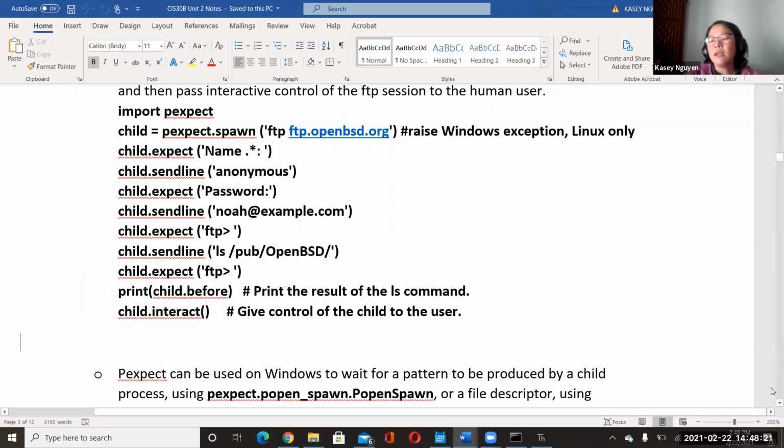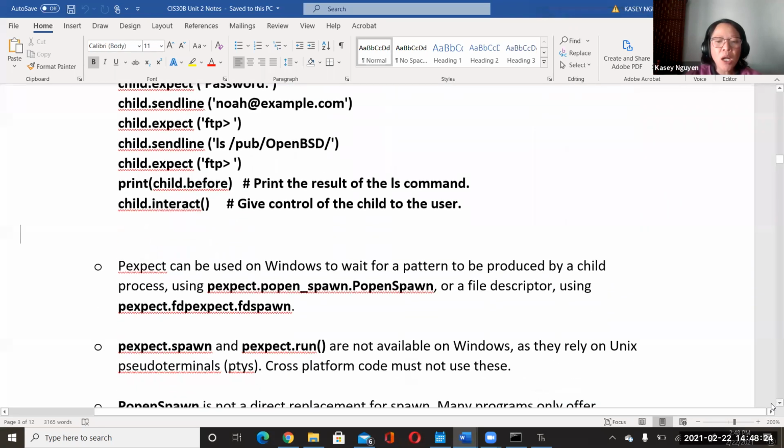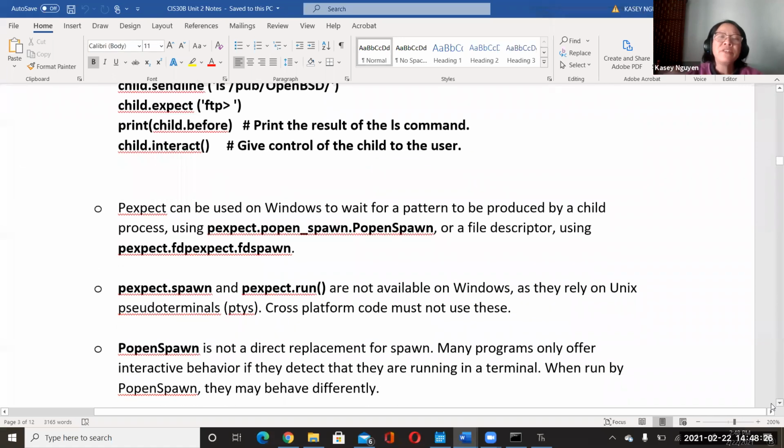Okay. So as I mentioned before, you will run into a spawn error if you test it in a Windows environment. But with the pexpect library, there is some option that's similar. So for Windows, there's popen_spawn, and it's part of the popen_spawn superclass.